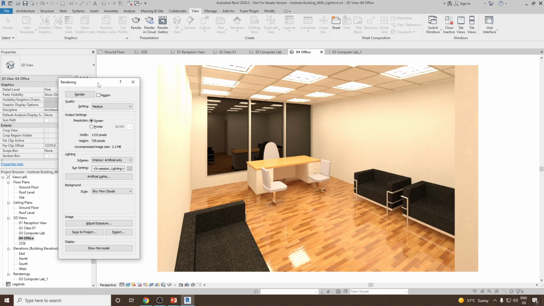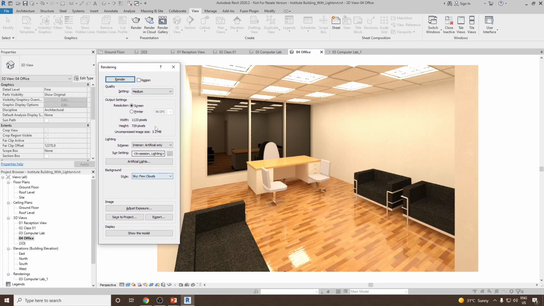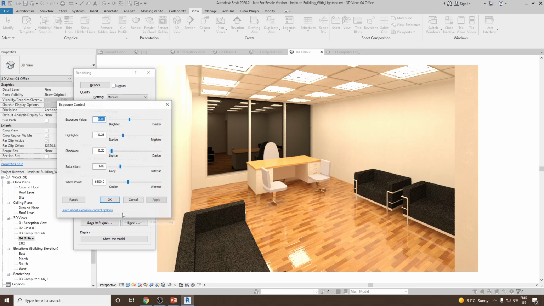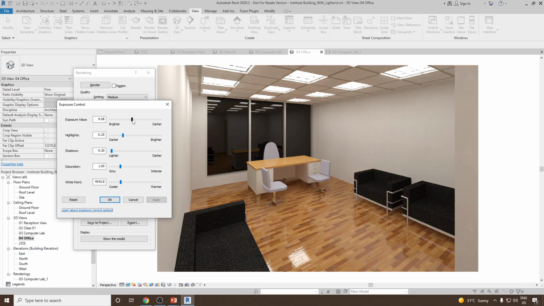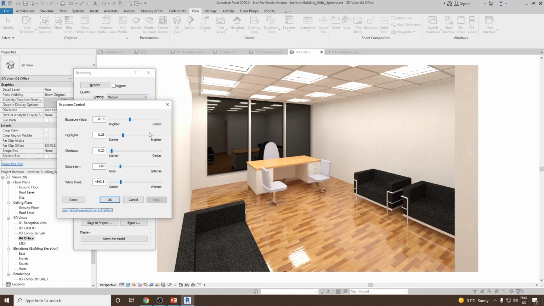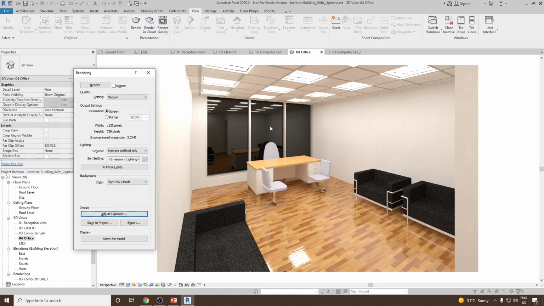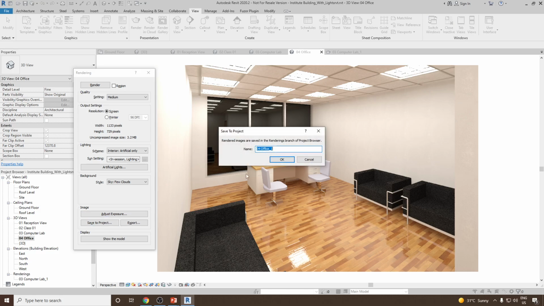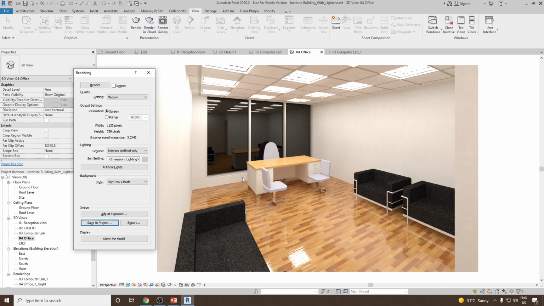Alright, so once the rendering is done, now I can again go back and change the exposure setting. So let's make it a little bit more cooler this time. Alright, and a little bit more darker. And then you will notice that since there is a curtain wall present here, it looks currently dark. So what I'm going to do, I'm going to save this as the night, and then we'll export it,